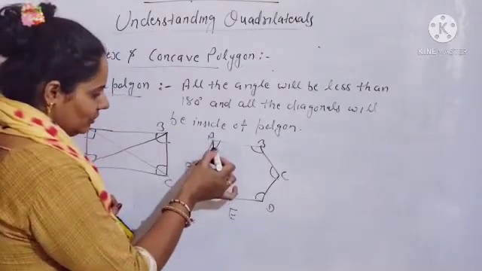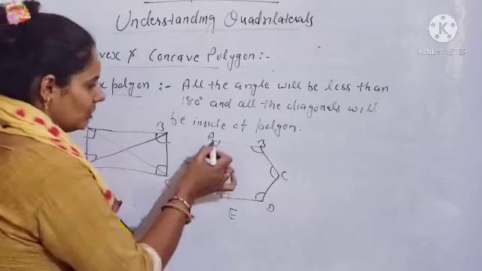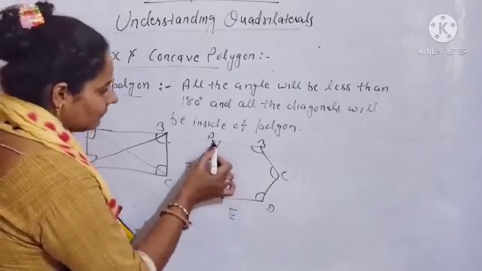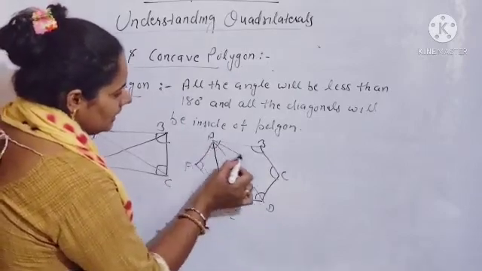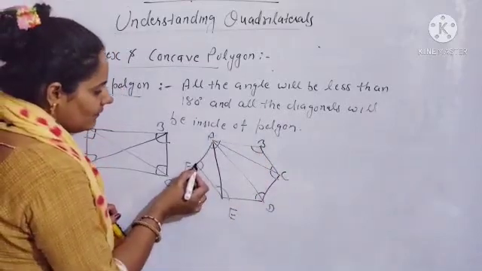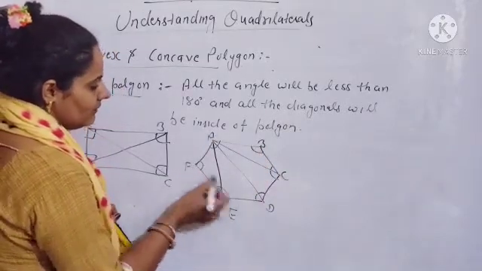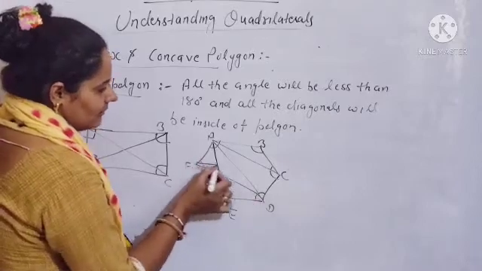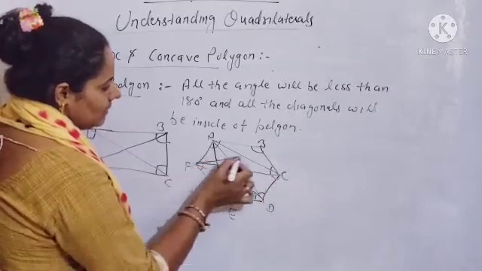So you can see, beta, you will join A to F. So it is already joined. Now A to E, A to D, A to C and A to B is already joined. Now you will start from F. So F E joined, F D you will join, F C you will join, F B you will join.